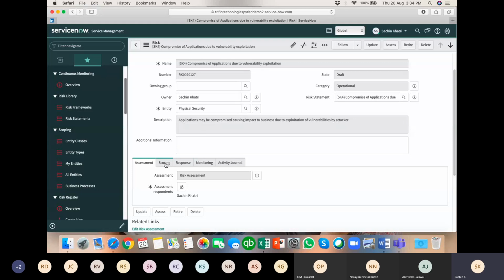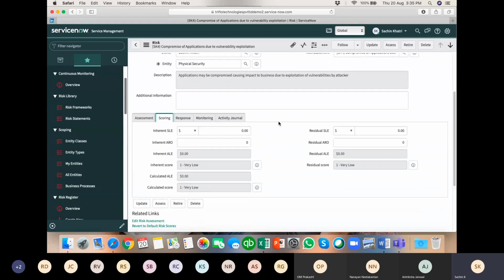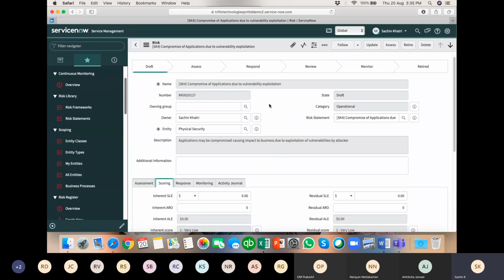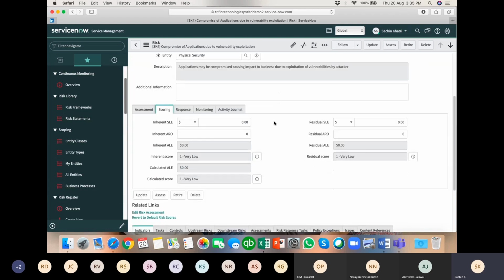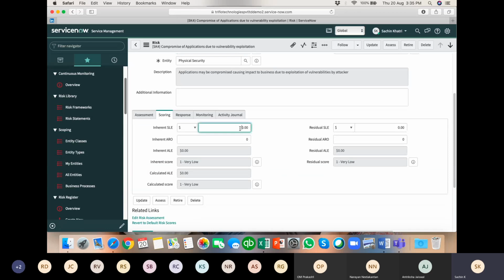Okay, so the next tab is the scoring tab. Now, what is this? This is where we define the scoring for this risk. This is a potential risk, still in a draft state, right? We are still trying to just submit this for assessment. So as the owner of this risk, I'm submitting a certain potential loss expectancy. So let's say if this risk occurs, we have an expected loss of like $1 million,